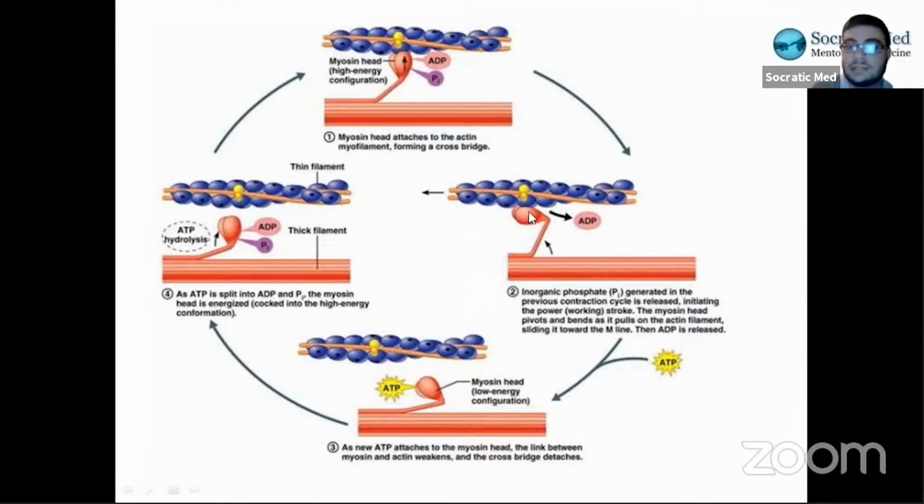Then ADP gets released as well. ADP comes off. This makes the myosin-actin binding very weak. It's still bound and won't come off on its own, but it's weakly bound, right? The binding is weak because there's no ADP. Then ATP comes in and rebinds to myosin while it's still attached. ATP comes in, it binds, and then the myosin releases and becomes inactive, right? And then the cycle starts again.